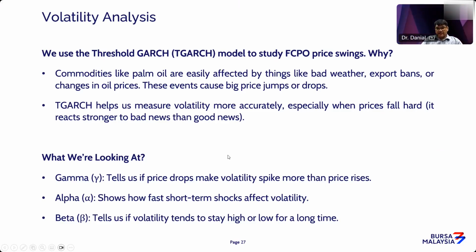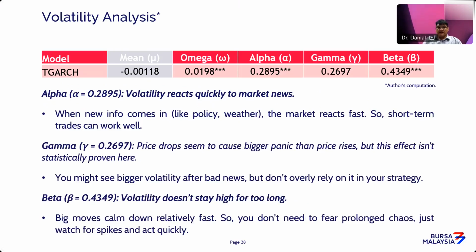So again, we are looking at three parameters for now: the gamma, the alpha, and also the beta. The gamma tells us whether price drops make volatility spike more than price rises. The alpha tells us how fast short-term shocks affect volatility, and beta tells us if volatility tends to stay high or low for a long time. All right,